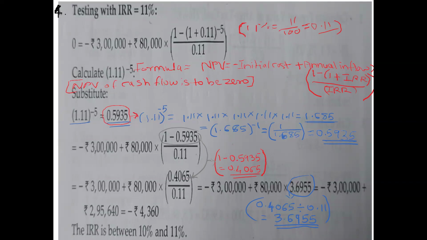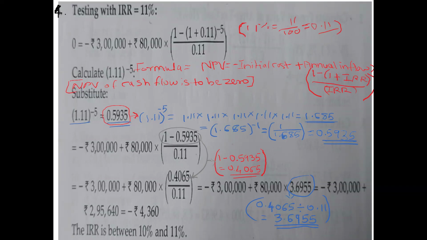So minus 3 lakhs plus 80,000 as it is, and now 0.4065 divided by the percentage 11%, which is 0.11. The answer is